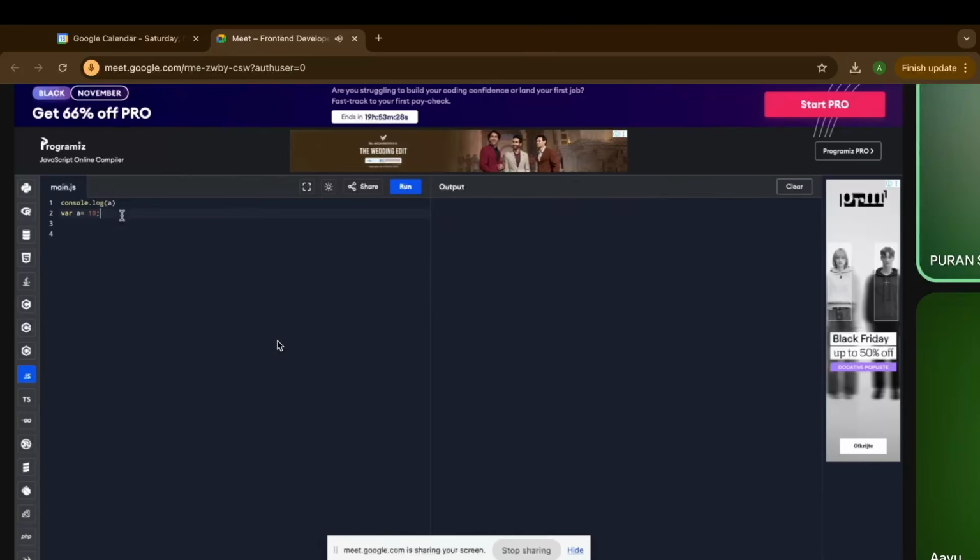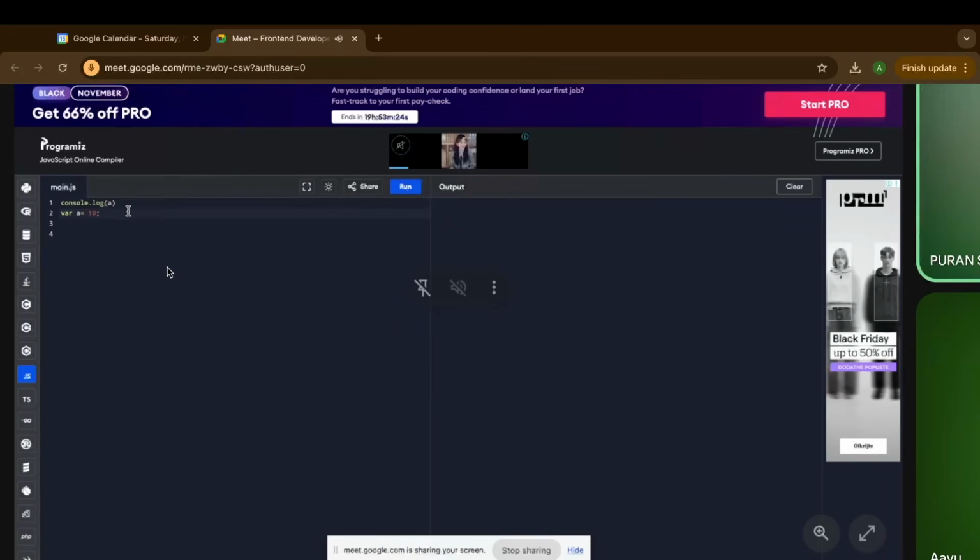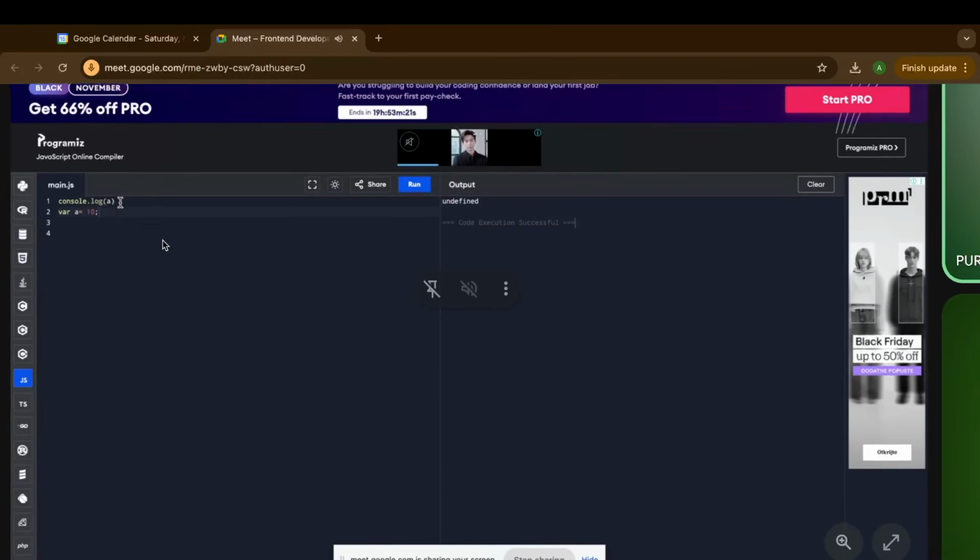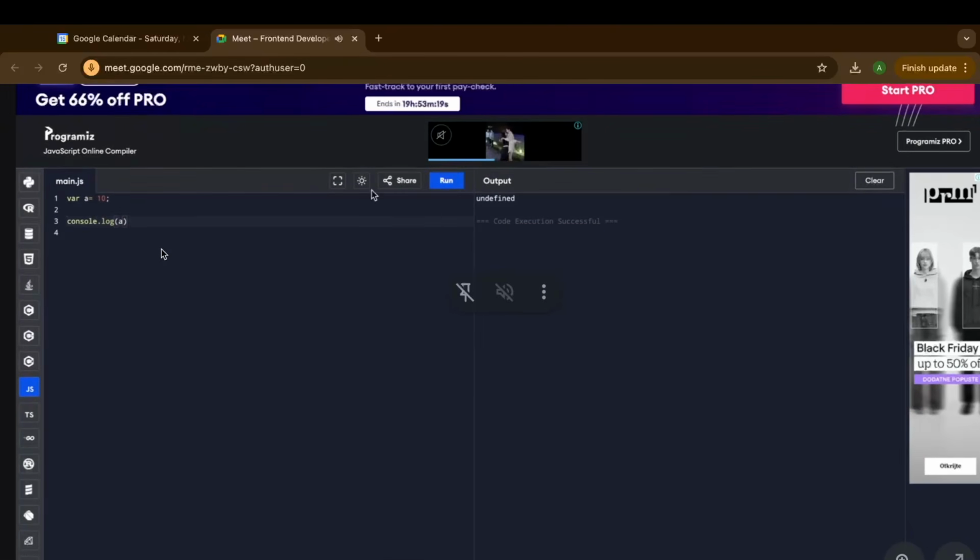Before initialization, if we try to access the value, we get undefined, and after initialization, we can get the value. In case of let, it is a block scope. If we try to access it outside the block, we get an error.